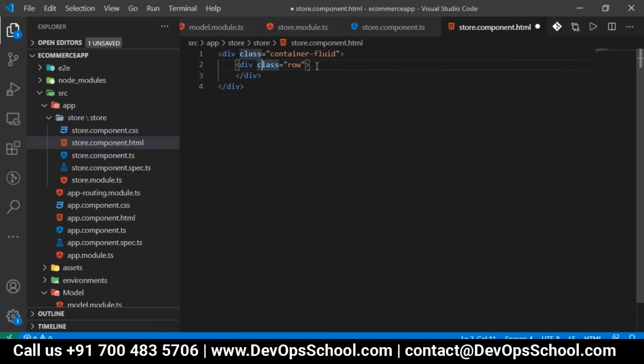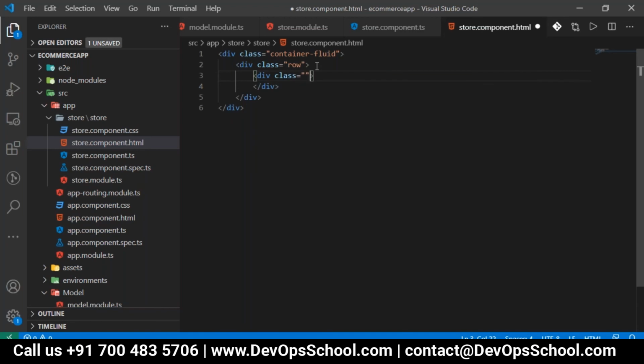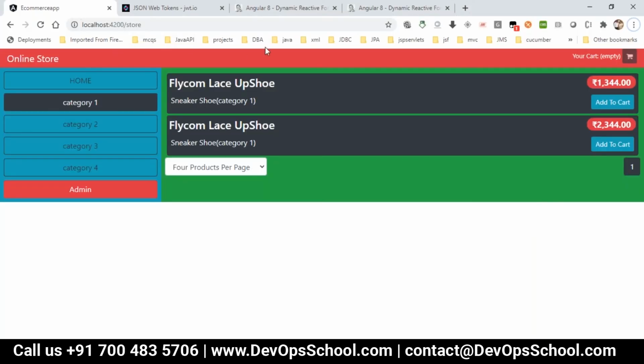And in this, we want the 3 columns to be taken here. So the first one, if you see it here, I want this one. Now I've divided into 2 rows. This is the first row and this is the second row. I've not yet written the second row. The first row should contain the online store, and it should be red.